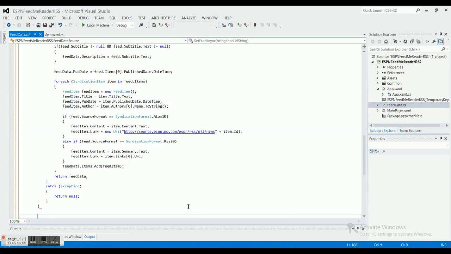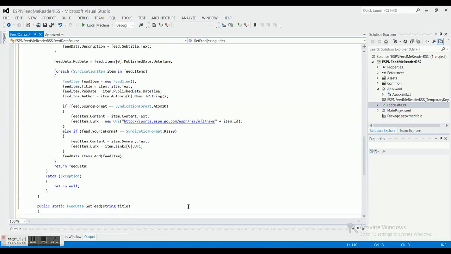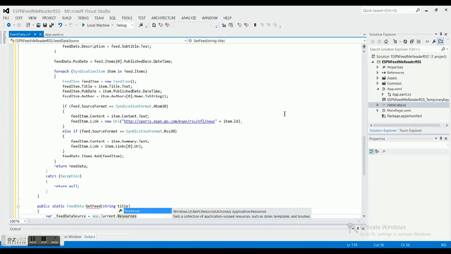Now what we need to go ahead and do is return the feed that has a specific title, because if we click on it, we want to know how to do that. So we're going to do a public static, okay? And we're going to do feed data, and we're going to call this get feed. Why not? And we're going to pass a string title right here. Let's go to the next one. We're going to do a variable, and we're going to call that feed data source, okay, equals app.current. This is sort of like this, but this is another section, the resources, which we can talk about later, and you can find more info on that. Feed data